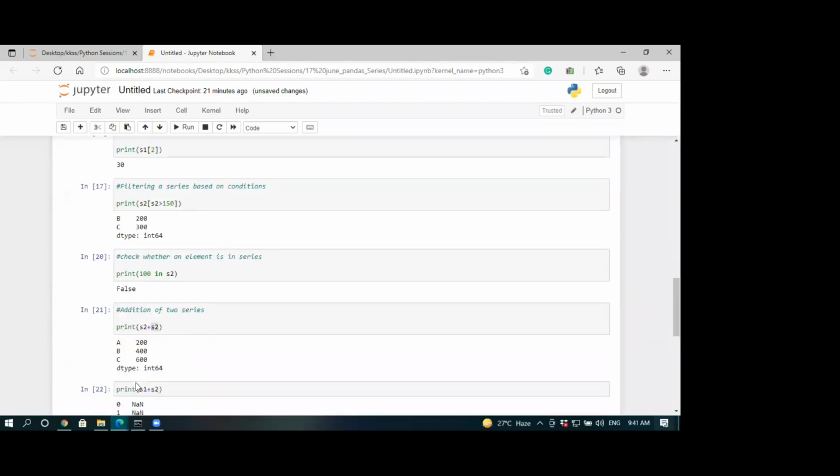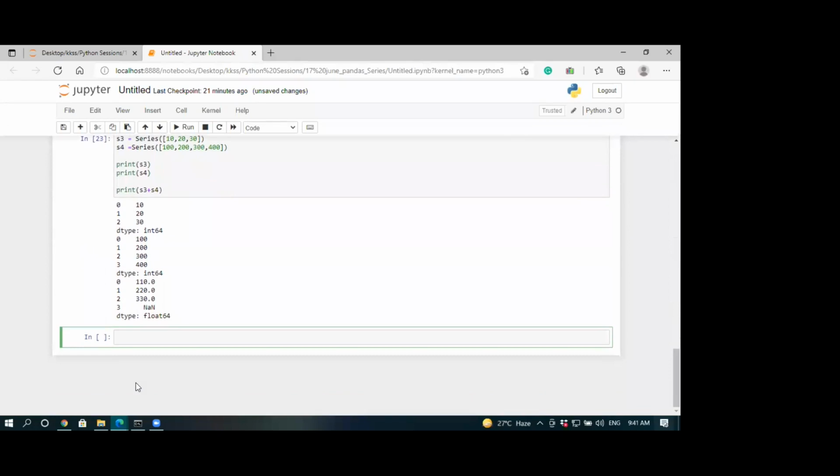Is there any case with series to get a multi-dimensional array? Multi-dimensional array, what do you mean, like a two-dimensional array? Yeah, 2-dimensional. Yeah, that is our data frames, where you can have a 2-dimensional table. And this one is just 1-dimensional. Okay, series is limited only to 1-dimensional. Exactly, a one-dimensional labeled array, and you can have a 2-dimensional data structure, sorry, data frames.